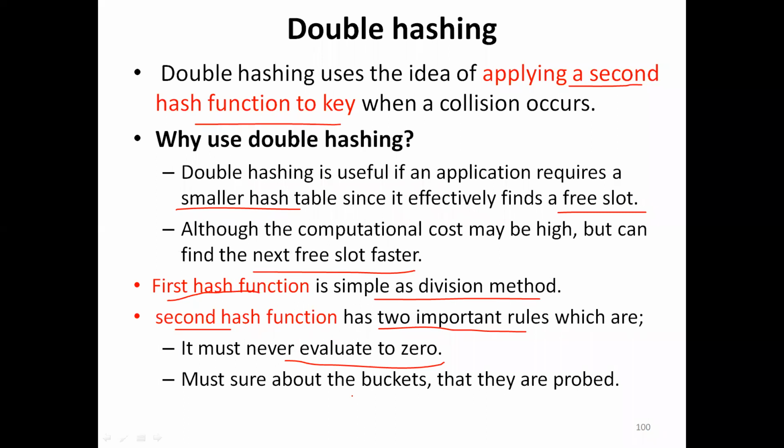It should probe, that is search for a free slot, in such a way that it always looks for empty slots. It should not look for collisions. When I use the second hash function, it should not calculate a value where an element already resides in the hash table. If I do something like that, what happens? It means there is no meaning in writing the second hash function. So we have to write the second hash function such that it probes to a particular bucket or slot where the slot or bucket is empty.